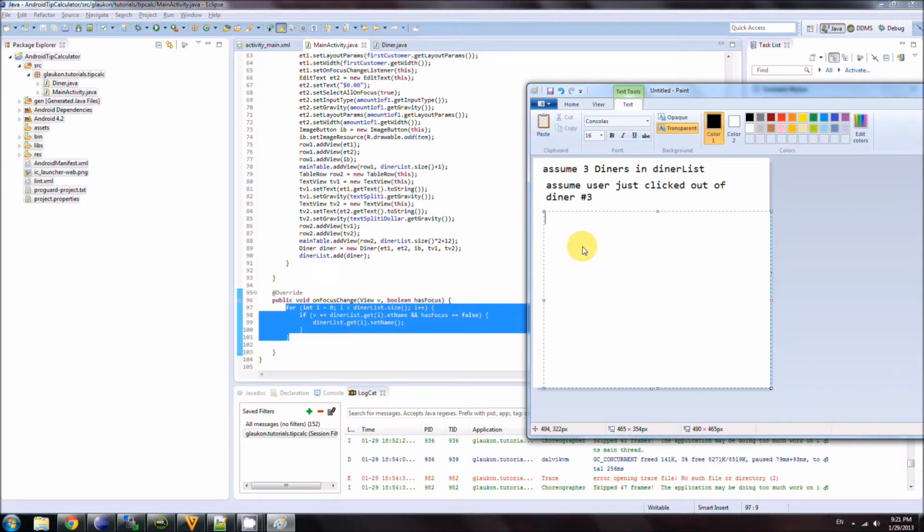First run of the for loop. I is equal to 0 still, because that's what we created it to be. Now it checks, is 0 less than the size of diner list? Well, the size of diner list, as we set up here, is 3. So I is indeed less than 3. In other words, since I is less than 3, let's go ahead and run the code inside the for loop. The code inside the for loop says, first check if the view that just lost focus is equal to